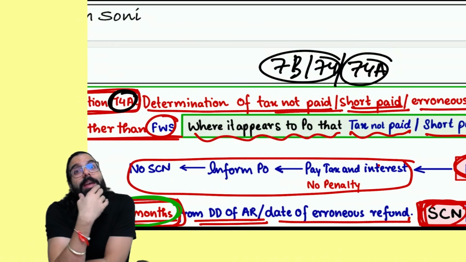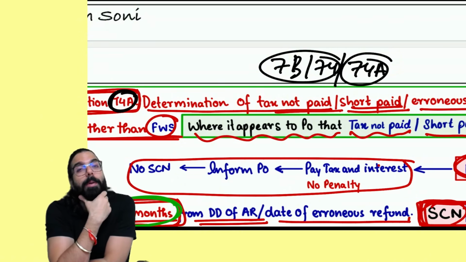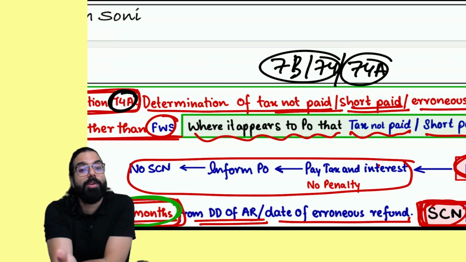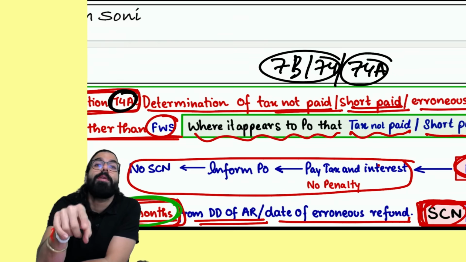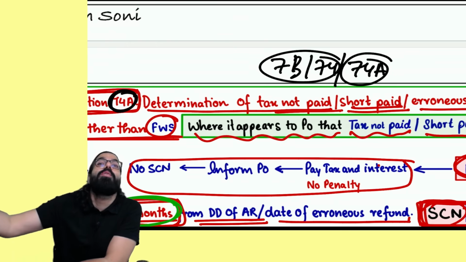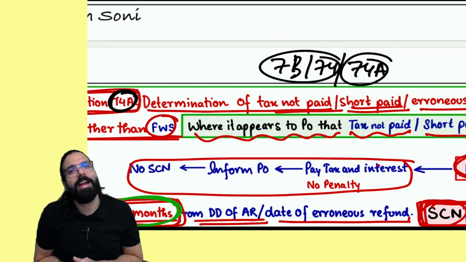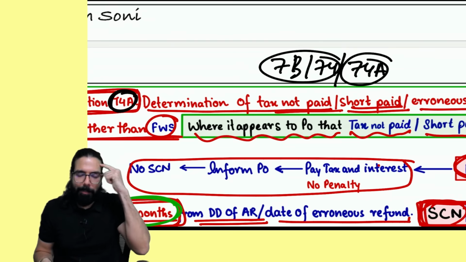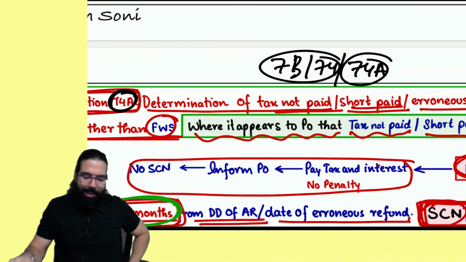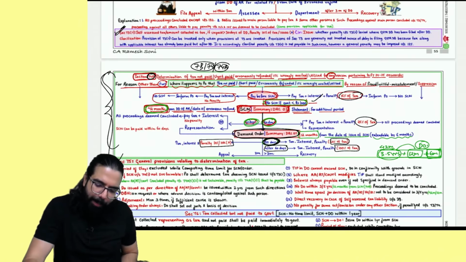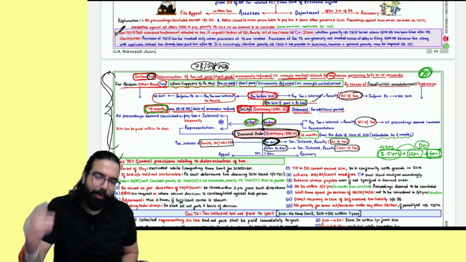In section number 35, accounts and records is also given. If the proper officer finds out that you have not kept your books of account properly, etc., he can give you a demand order on 73 or 74. Now 73 or 74 or 74A. If you see 73 or 74 in the GST Act, remember now it is 73 or 74 or 74A. Done, sir. This point is clear. Very, very important from the exam point of view is 74A.